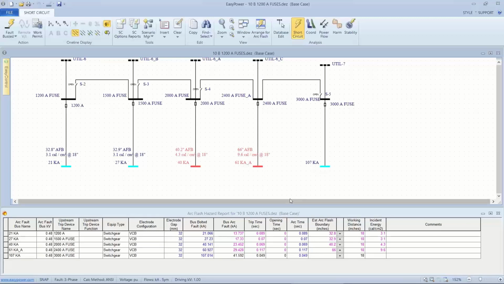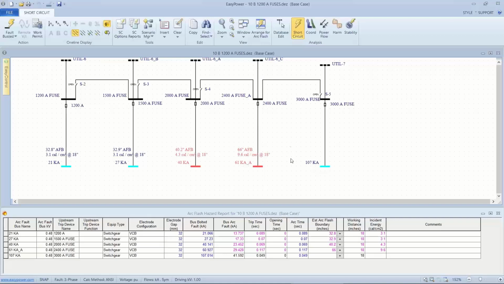So for starters, the restriction of 240.67 doesn't apply to anything with 70 milliseconds or less. So these two fuses in the range, my 1500 amp and the 2000 amp, don't need to be improved as far as arc flash energy reduction. Whereas we have an 89 millisecond and 117 millisecond clearing time, they need to be addressed according to the